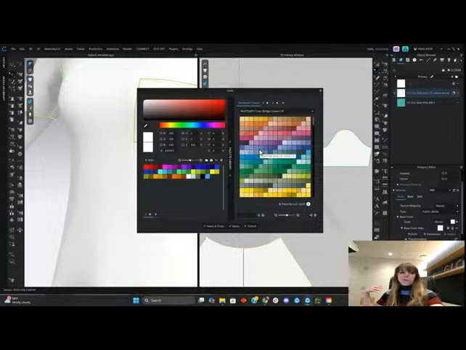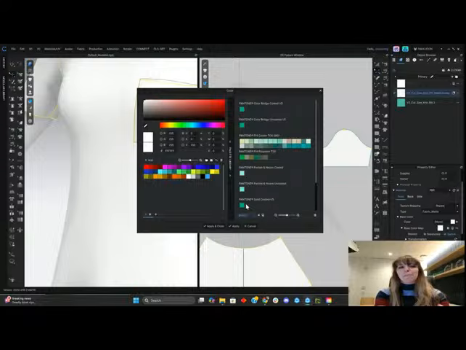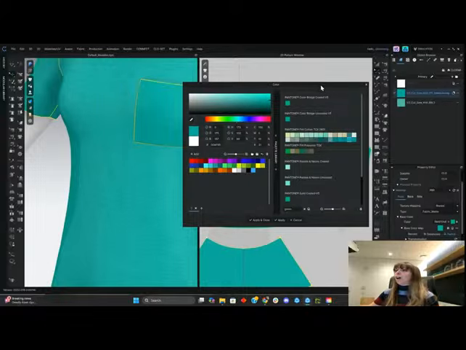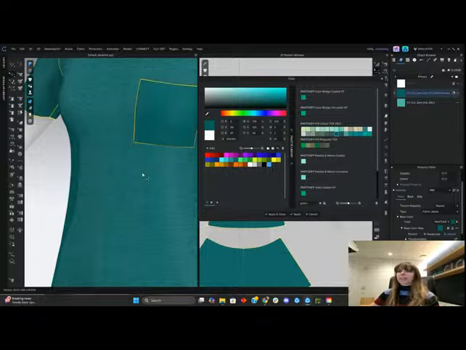Now, I could scroll through here. There are so many Pantone libraries. Or instead, I could always come to this bottom search bar and type in. So if I knew a Pantone number or color, I could find it. I'm just going to type in green. We'll see what we get. Keep it simple. And every color that has the name green has just populated here. If I click on one of these colors, we can see Chloe will instantly apply that color to the material or our